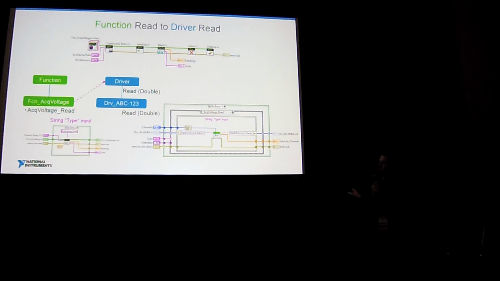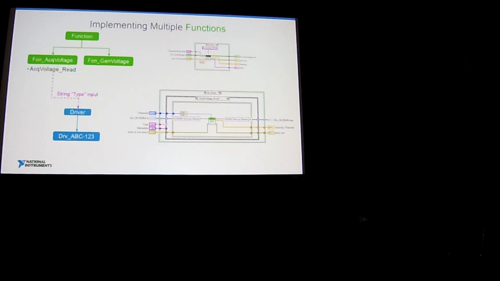And so now, let's go and implement another function. Some of the power of this architecture is that one piece of hardware can actually be used in many different functions. So for this DMM, here's a gen voltage. Maybe that's a bad example. I'm kind of a dunce here, but that's fine. You can see up at the top, we have our function call, and it does acquire voltage read. And then here's our implementation at the driver level that takes the string out, gets ACK voltage read, and